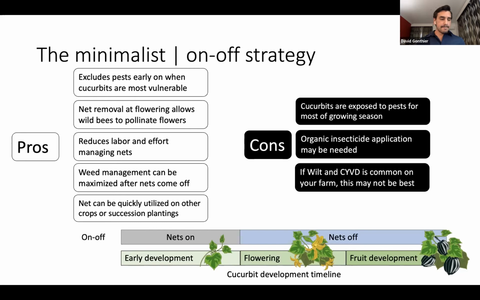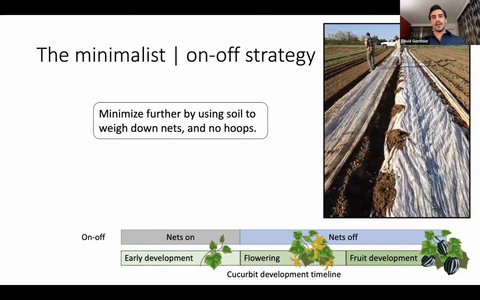cucumber beetles and squash bugs. There is one farmer that we've worked with that has really taken this minimalist strategy even further, that just by laying down the fabric without hoops and without weights, this is something that you can do very quickly. And if you're going to take the net off within a couple weeks, it's something that you can avoid damaging the net by having weeds grow through that fabric. And so if you don't have a great weight system, that might be something that could